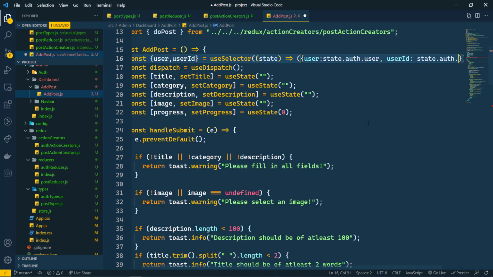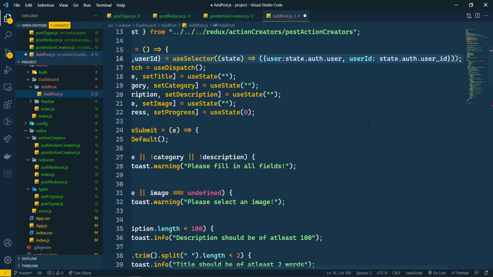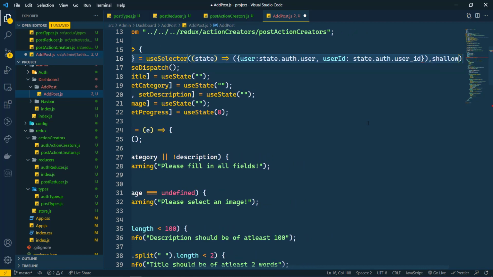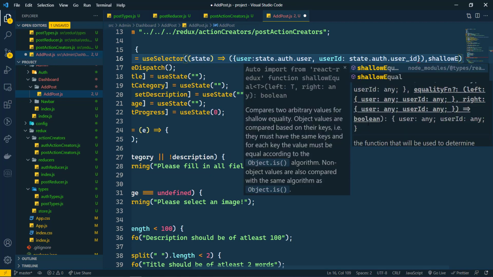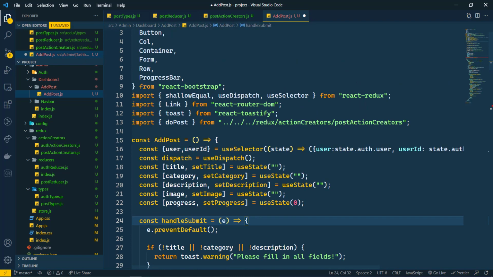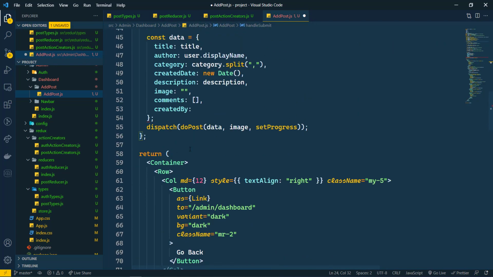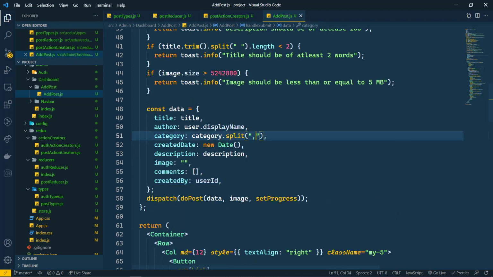So we are going to fetch this, that is user_id here. Here we also need shallowEqual. So shallowEqual we have imported. Now we need this user id also. So here I'm going to write created by user id. Save this. Now we have done this successfully.